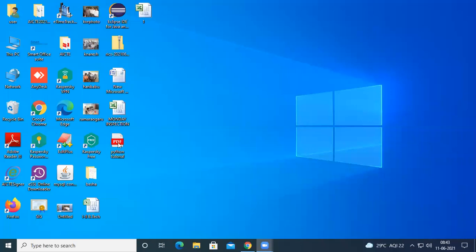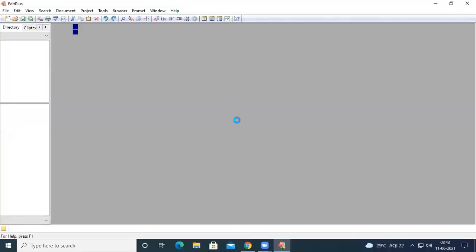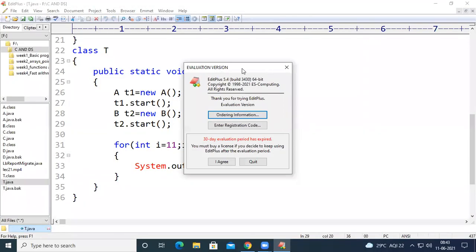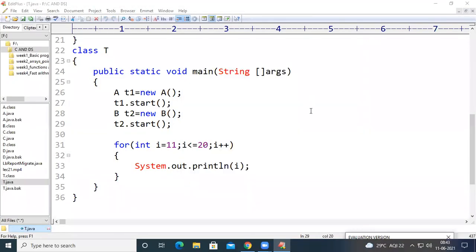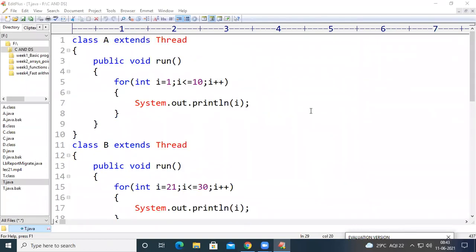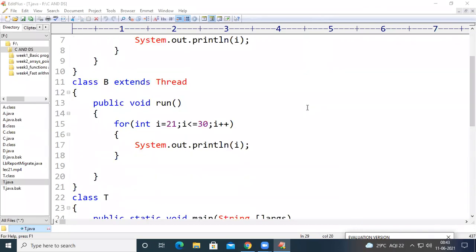From the last two classes, we have started learning about multi-threading. Especially in the last class, we have seen how we can create a thread and how the threads can be run, with an example in the Java programming language.